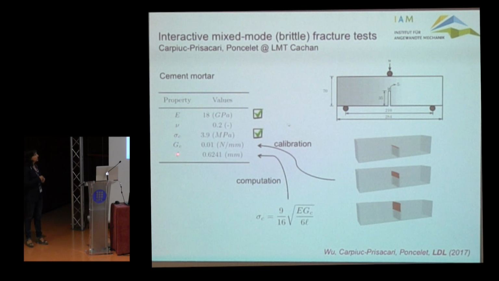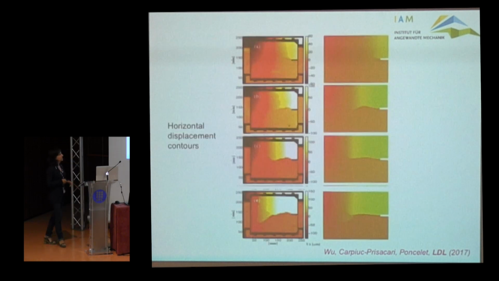So the only missing value was the length scale that I was mentioning, but already Tom showed in one of his slides the relationship that exists between critical stress, elastic modulus, fracture energy, and the length scale. This relationship comes from the solution of the homogeneous version of the phase field evolution equation. It's very well known and has been used previously also to calibrate this quantity. So in other words, we could compute the length scale based on this relationship, so we didn't have any free parameters left. So in the comparison, we didn't adjust anything.